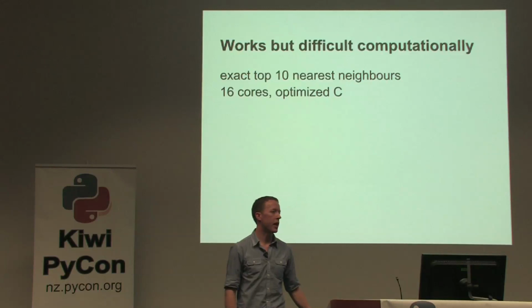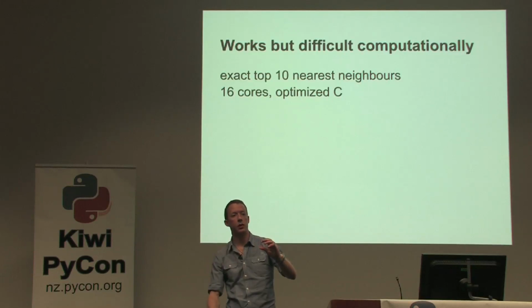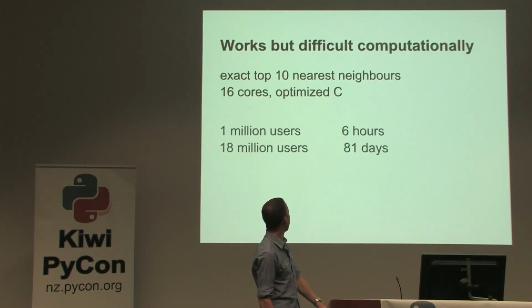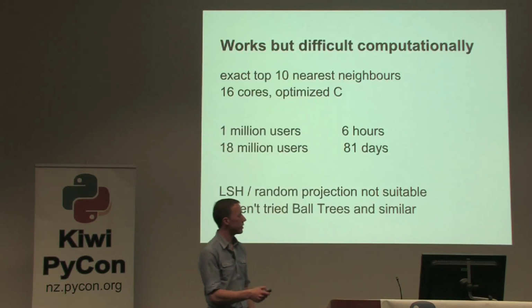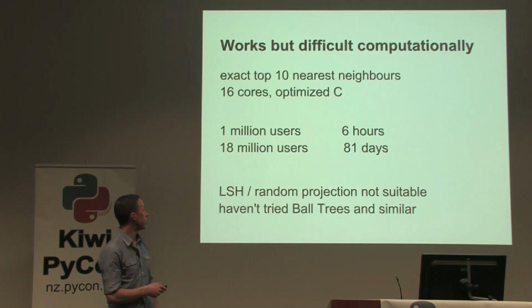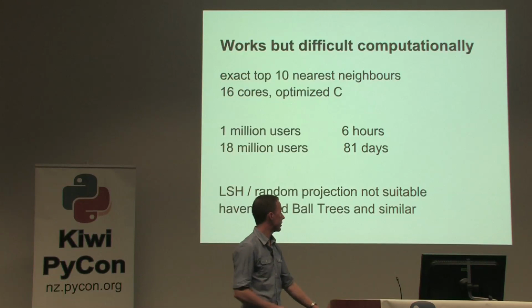Now this works, but it's really hard computationally because to form that graph, you need to say how close is this user to all the other users, then the next user, how close is he to all the other users, and find the top 10. That's n squared. That's quite difficult when you get high numbers. 1,000,000 users takes 6 hours on the 4 machines I've got wired up for MPI, and that's running highly optimized C. 18 million users is not really feasible on those 4 machines, and spinning up more hardware isn't really an intelligent way of attacking that problem.